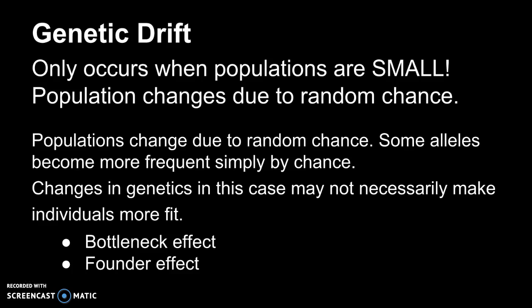So what happens is part of our actual population is leaving or going somewhere. Changes in the genetics, in this case, we see the bottleneck effect, where we get more of one allele and less of another. And we're changing the whole makeup of our particular